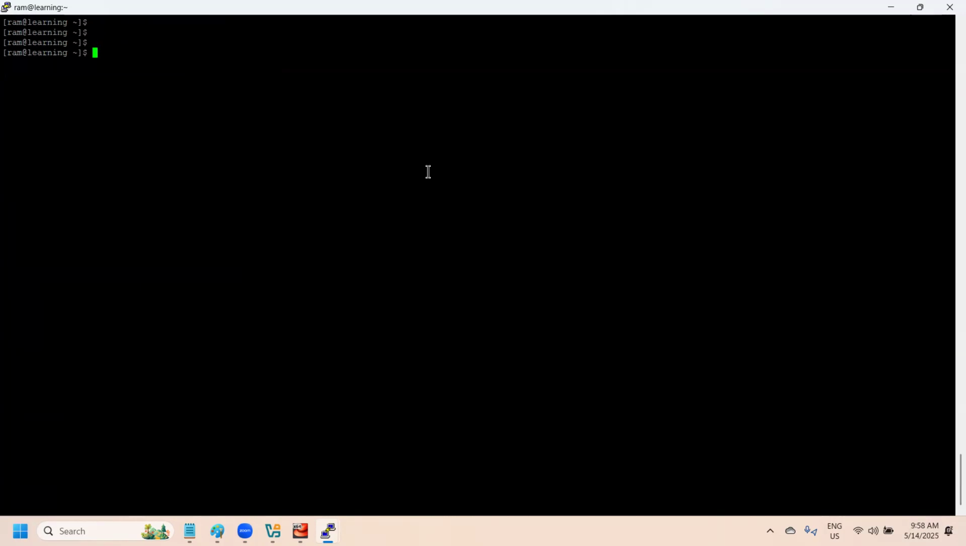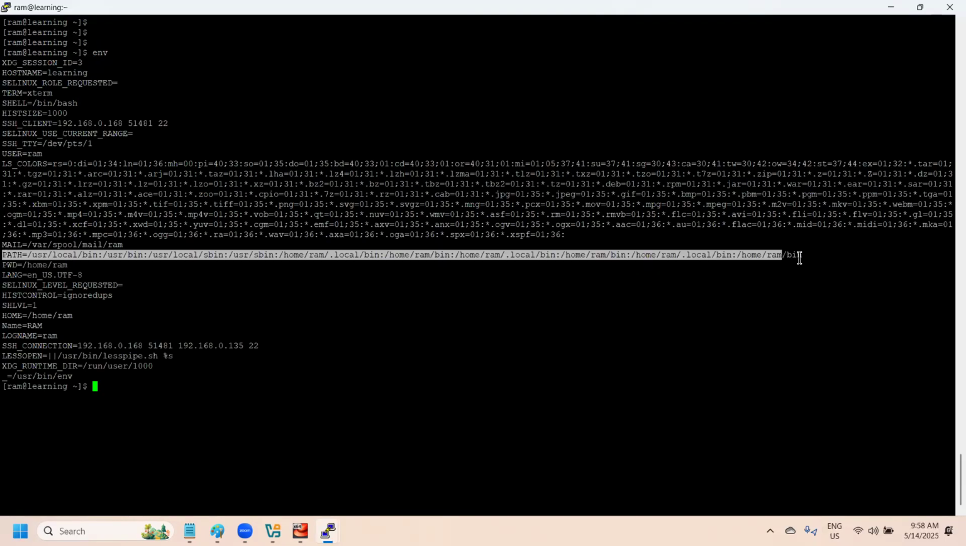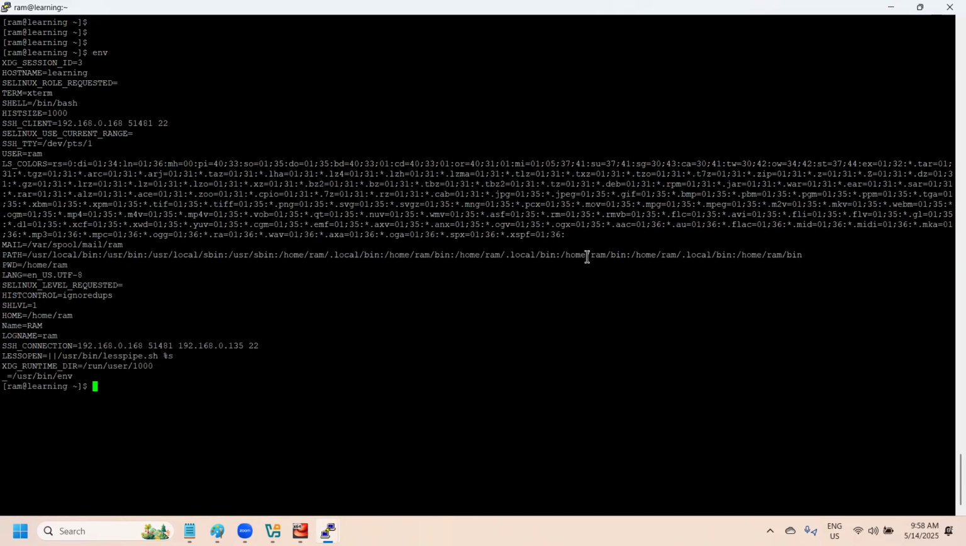One more point you need to remember: here env is the path. The path is also a very important variable. What is the intent of a path? Whenever you perform any operations on Unix, assume that you are running a command like cat, ls, or pwd, whatever the commands you are going to perform, all those commands or executable programs